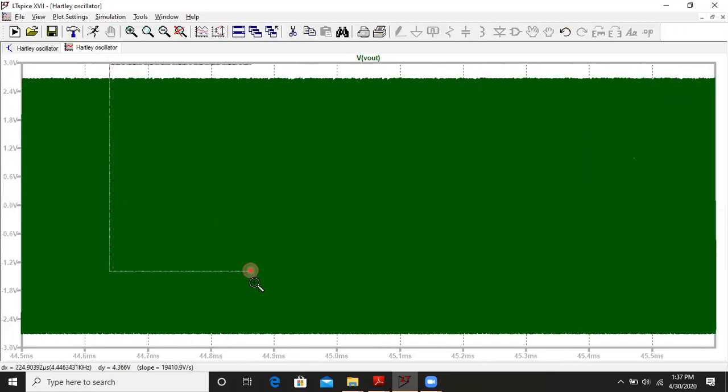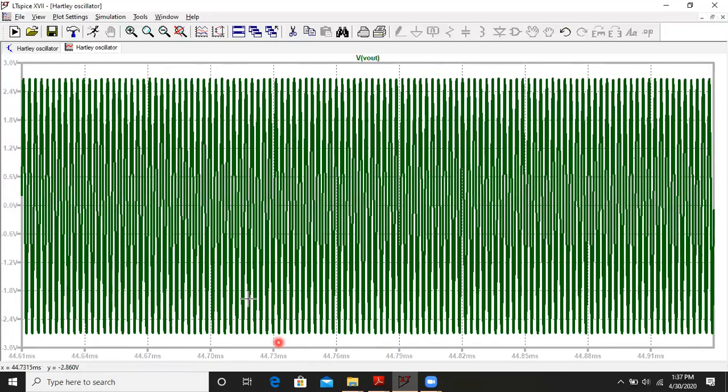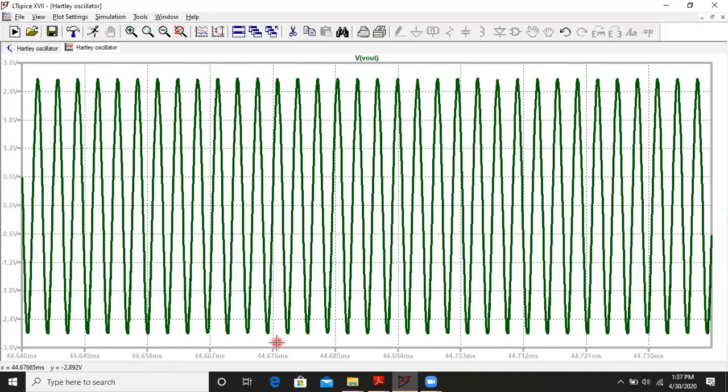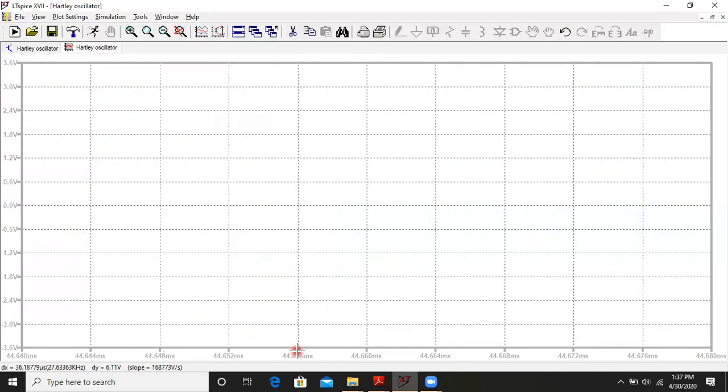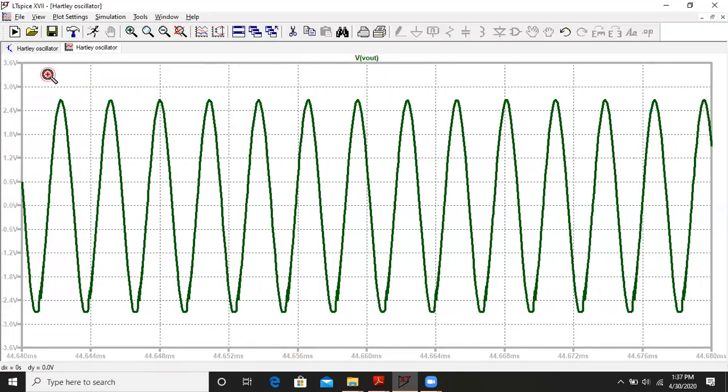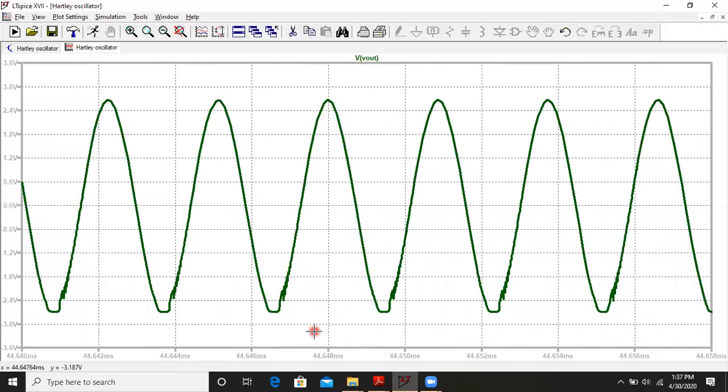It's highly compressed because of the frequency. So we have to keep doing that until we get close to a sine wave, because it's a very high frequency. Okay, yeah. So we are getting close to a sine wave. The sine wave is slightly distorted. That is due to the very high frequency. It breaks into small oscillations. So that's why you see this kind of irregularity.